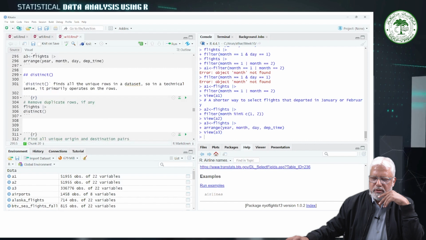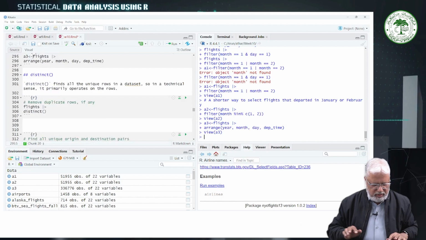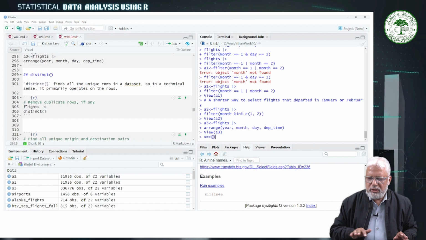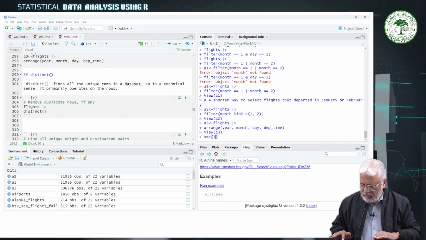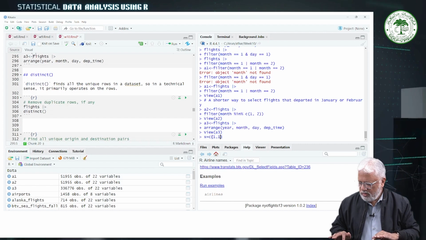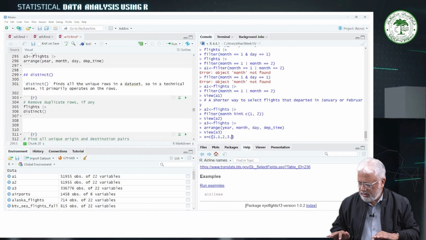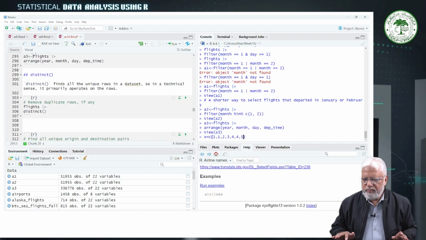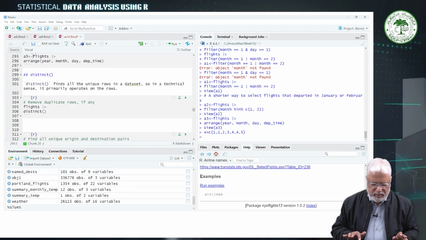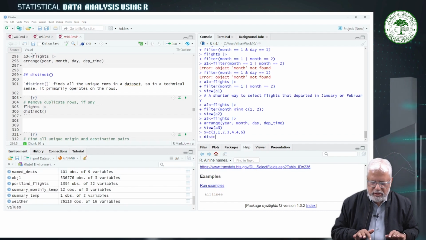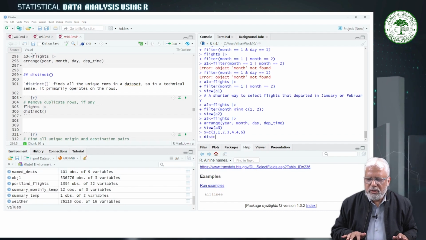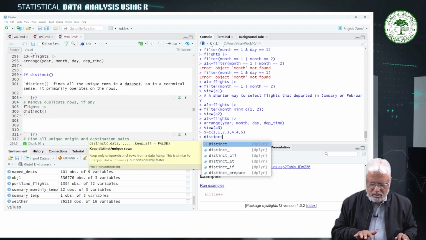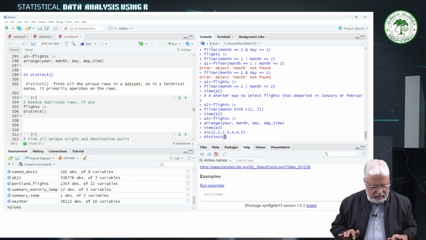See, if we have x is equal to c(1, 1, 2, 3, 4, 4, 5). So if we have distinct x,